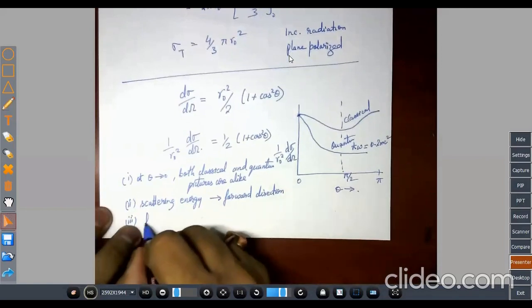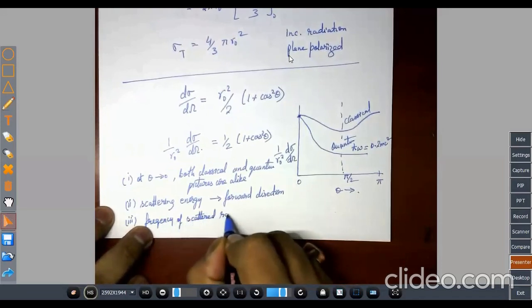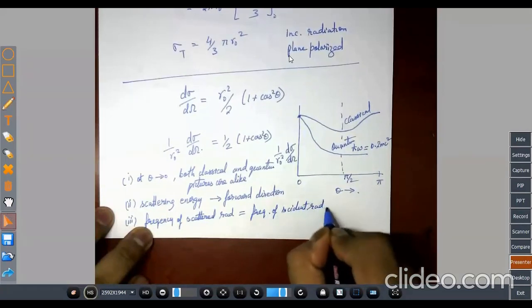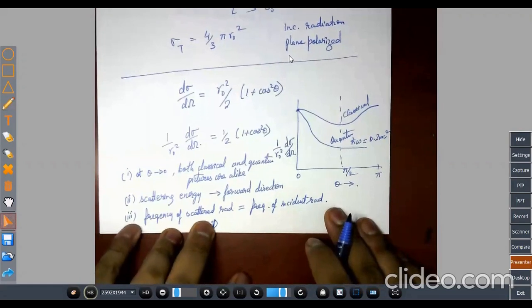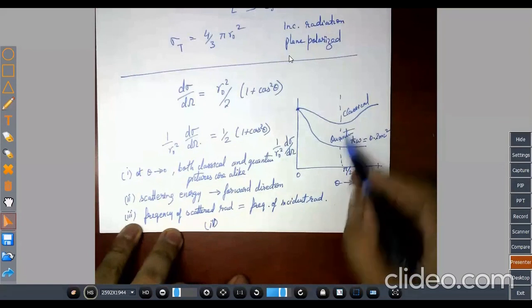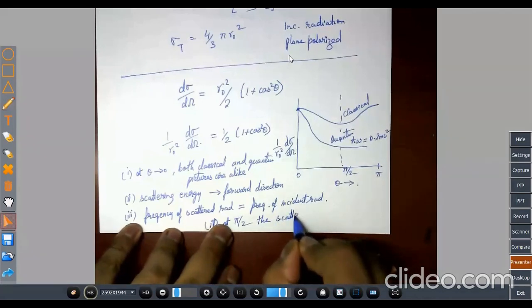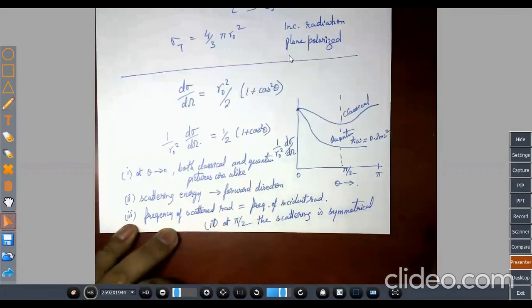And the frequency of the scattered radiation is equal to the frequency of incident radiation. And at pi by 2, the scattering is symmetrical. So this completes our Thomson